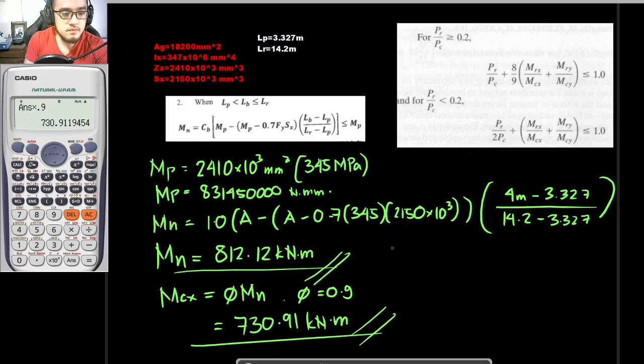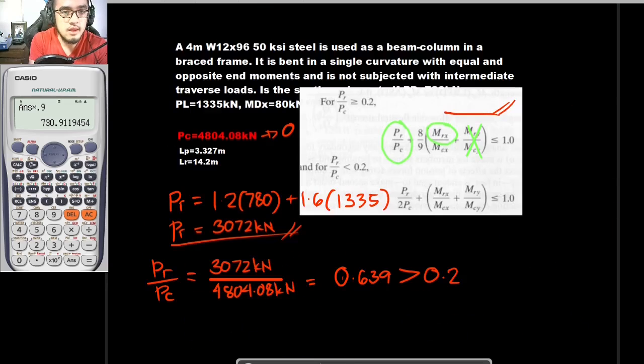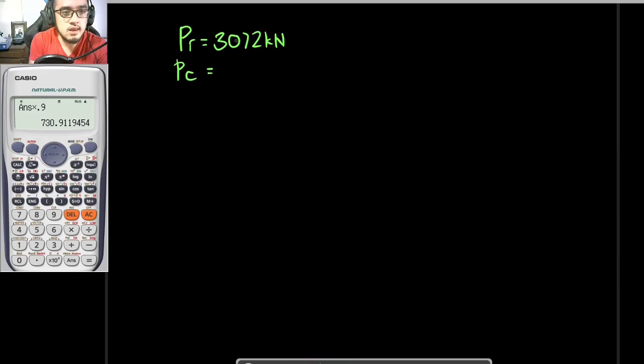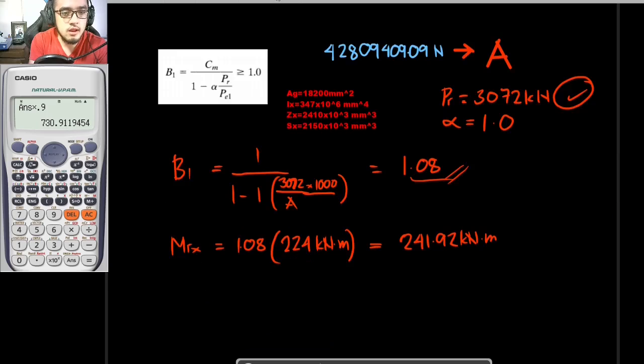Okay, so solving for such, so i-summarize natin dito, no? So ang Pr natin a while back, so Pr is equal to 3072 kilonewtons, and ang Pc natin was already given, and that is to be 4804.08, and our Mrx, so ito yung in-increase natin by beta of 1, so it would be 241.92